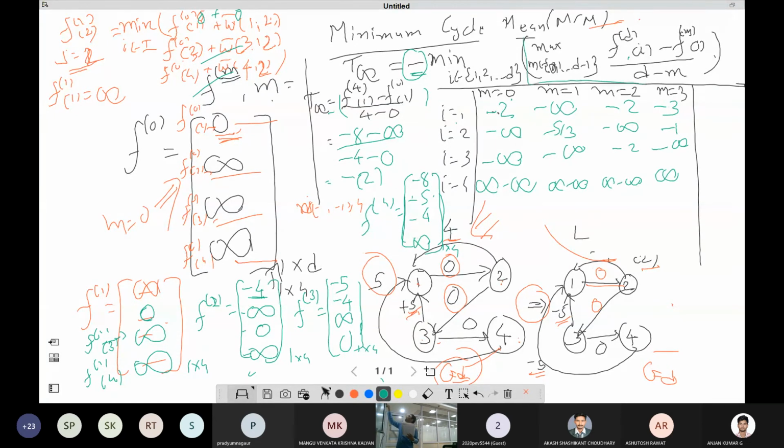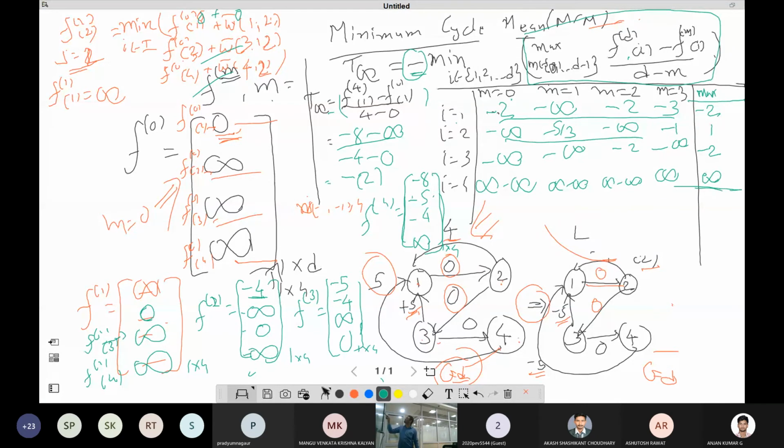ये जो पार्ट है ये इसका मैक्सिमम फाइंड करेगा. So maximum of this you need to find out. So maximum here it is minus 2. Maximum here it is minus 1. Maximum here it is minus 2 and maximum over here is infinite. ये जो सारी वैल्यू है उसमें से मैक्सिमम फाइंड आउट करना